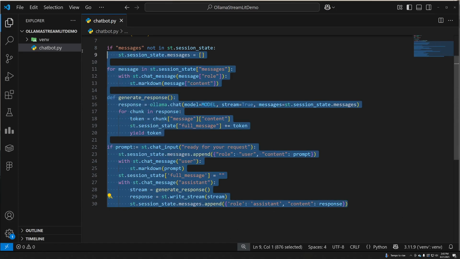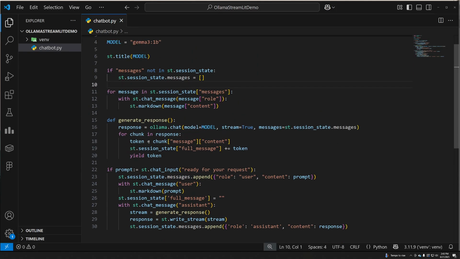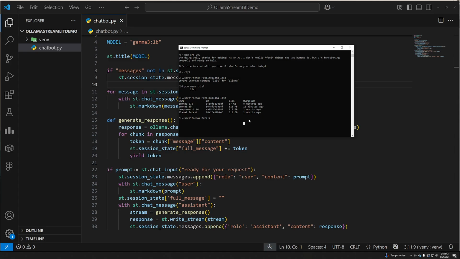Now you have a front-end Streamlit application that's going to be connected to your Ollama. One thing to keep in mind here is that if Ollama for some reason is not working, you just want to make sure that Ollama serve is activated. So, "bind: only one usage of each socket address." This shows that right now Ollama is already serving. But if it's not, then you just run ollama serve.